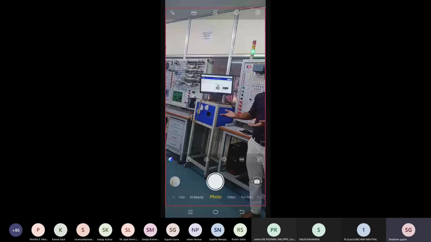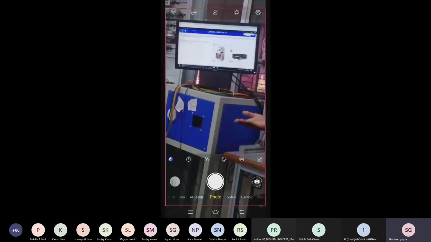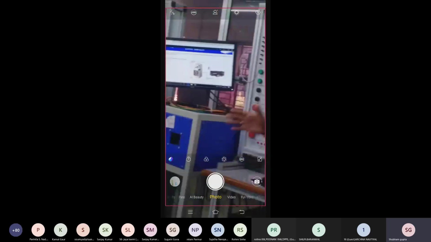And in CNC, the pallet on which our job is put, when it goes to the left side, the limit switch is pressed, then the motor will shut off. When it goes to the right side, the limit switch on the right side is pressed, then the motor goes off.